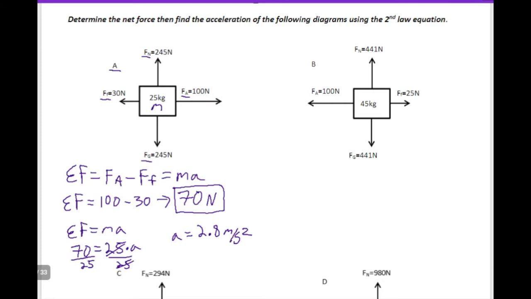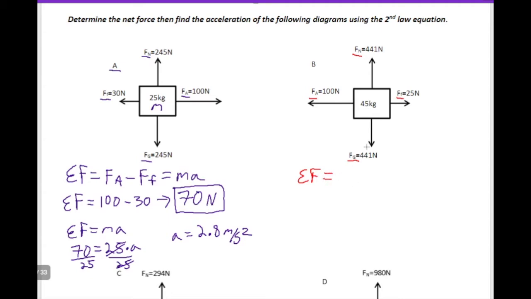Now let's move on to problem letter B. And again, we have four forces. We have normal, friction, gravity, and applied. This time applied is acting in the leftward direction, so we'll talk about that in just a sec. But we see that normal and gravity are equal to each other once again, meaning that it is not accelerating up or down. So let's do this the exact same way we did the last problem by writing our net